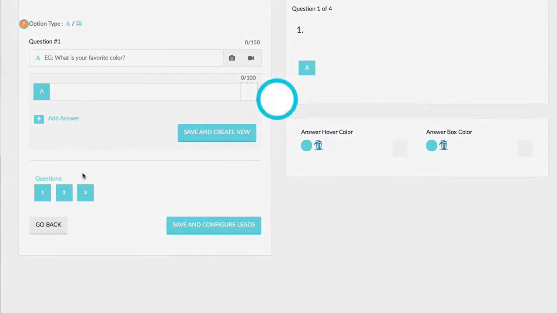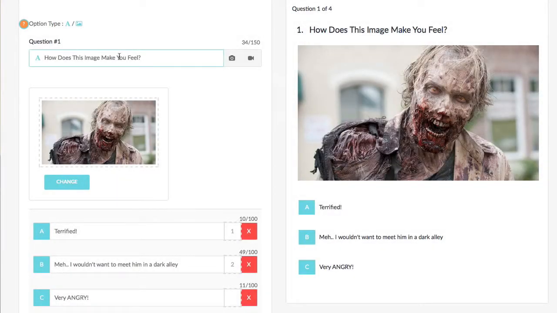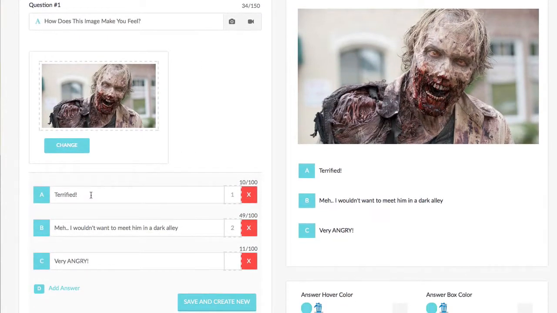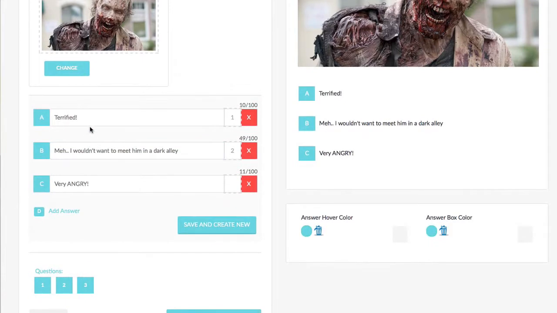What I'm going to do is just click on question number 1. The first question I ask is, how does this image make you feel? I put a scary zombie picture there, and I create 3 different answers: terrified, I wouldn't want to meet him in a dark alley, or very angry. Now, you can match these up to one of your outcomes. If somebody selected terrified, I'm going to select outcome number 1, because that was the beginner survivalist